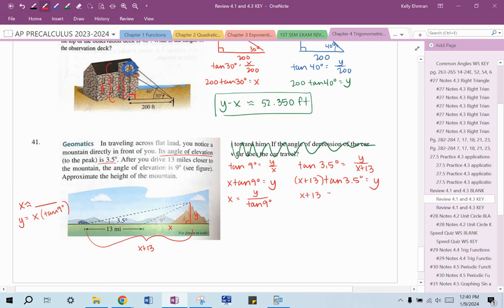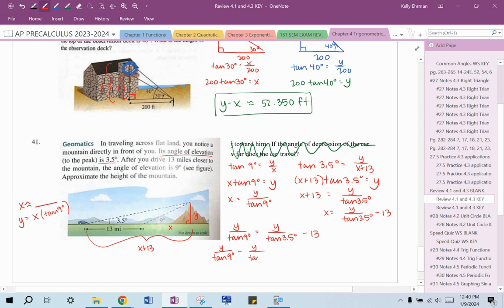So I can divide by the tangent in each equation. And then for this equation, I can take it further and subtract 13. And then because both of these equations are equal to x, I can set them equal to each other like I would have done before. And so now I'm just going to get right down to solving for y. The general steps are the same no matter what you do. You're going to set two equations equal to each other. You're going to get the variables on one side. So in this case, I'm going to subtract the